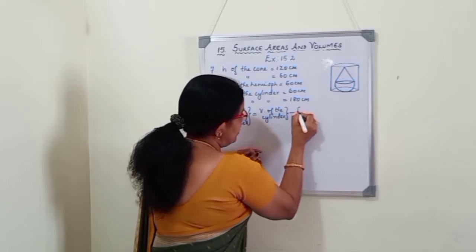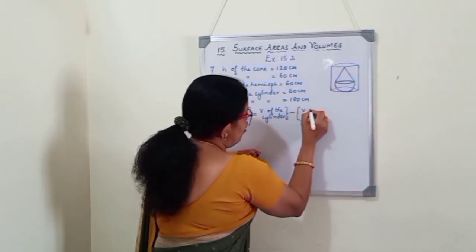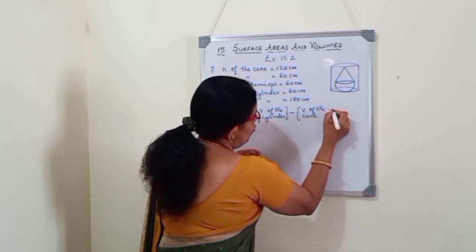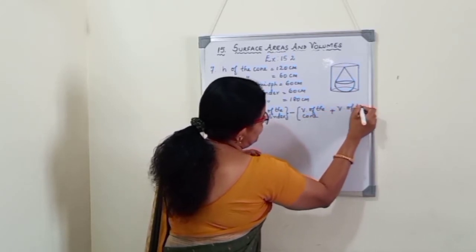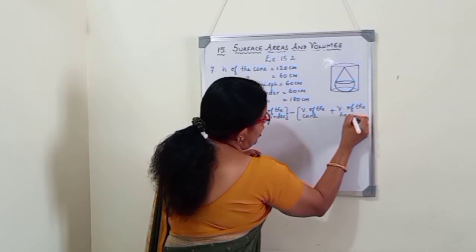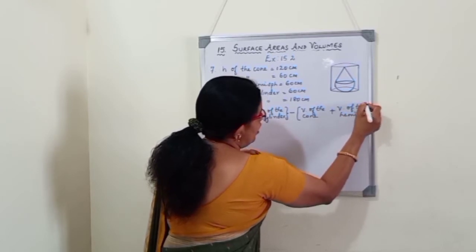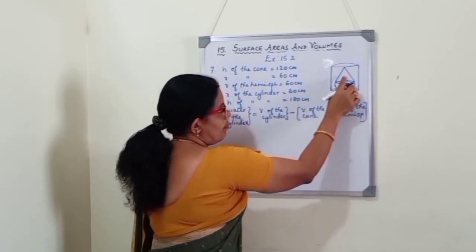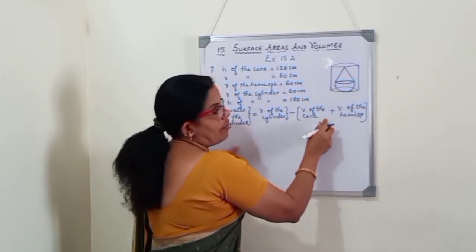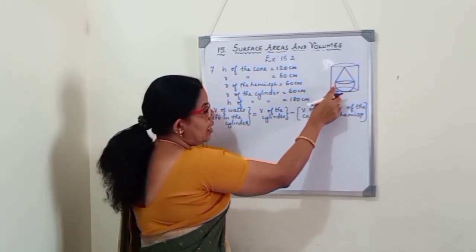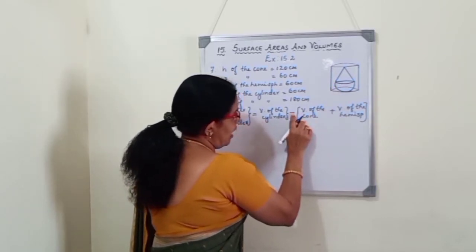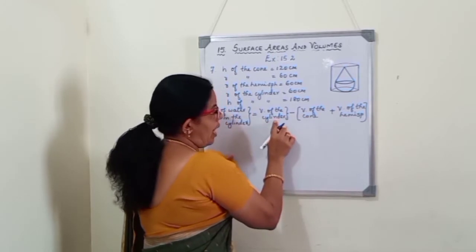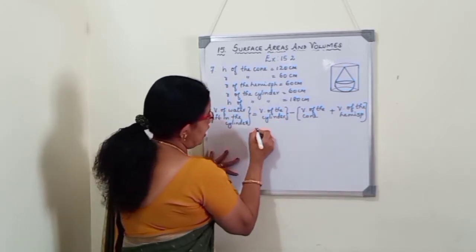Volume of this solid is the sum of the volume of cone and hemisphere. So, that we will write inside the bracket. Volume of the cone plus volume of the hemisphere. So, we have to add these two volumes. From the total volume, when we subtract the sum of these two volumes, we will get the volume of water which is left in the cylinder. So, here it is minus, I put bracket here because we are adding these two and then subtracting from the volume of the cylinder.